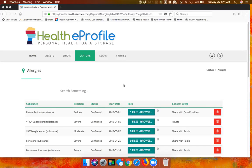The reason we wanted that is that as patients are generating data, or consumers are generating health information data, whether that's fitness data or allergies, like the example I'll show you, it's pretty important that the origination and the provenance of that data can be confirmed. And so as users upload files or records, that information is submitted to the blockchain so that there is a publicly identifiable record